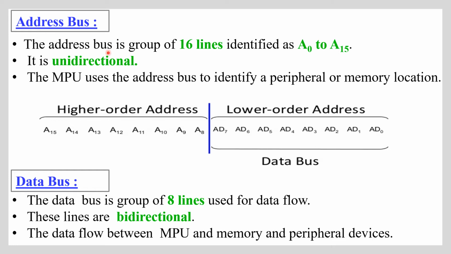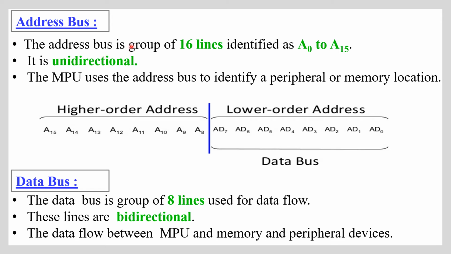Now, in case of microprocessor architecture, let us see the terms, that is bus. When you understand bus, what is a bus? Bus is nothing but a transport, a vehicle that carries passengers from one place to another place. Similarly, in a microprocessor, bus means to carry the data from one place to another place, and they are called a bus because it carries or sends the data, zeros and ones, from one device to another peripheral device, from the MPU or CPU to the peripheral devices, or from the peripheral devices to the CPU. So that is called a bus. So let us see these buses in detail.